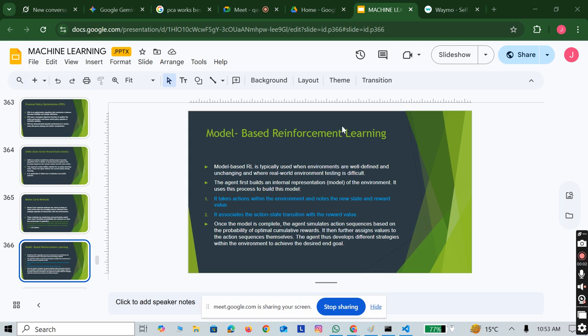Before taking our break, we were about to proceed to model-based reinforcement learning. This is typically used when environments are well defined and unchanging, and where real-world environment testing is difficult. So the agent first builds an internal representation, or model, of the environment. It uses this process to build this model. It takes actions within the environment and notes the new state and reward value,